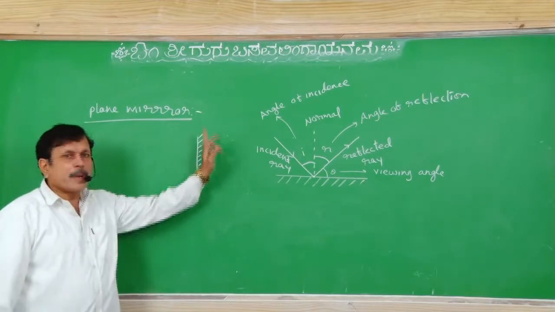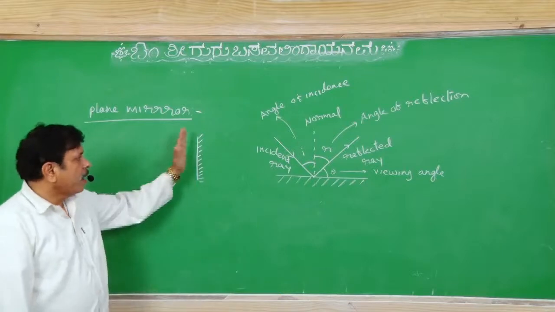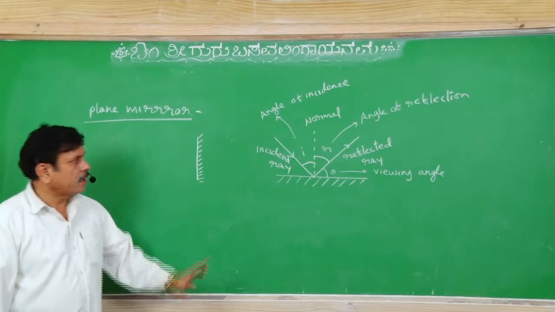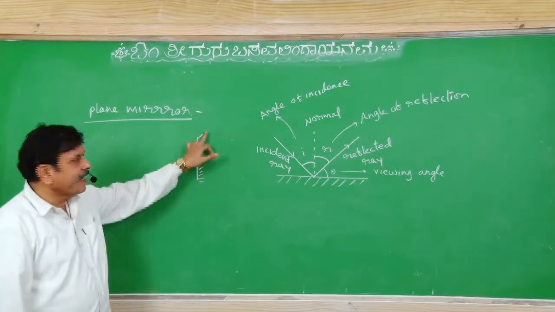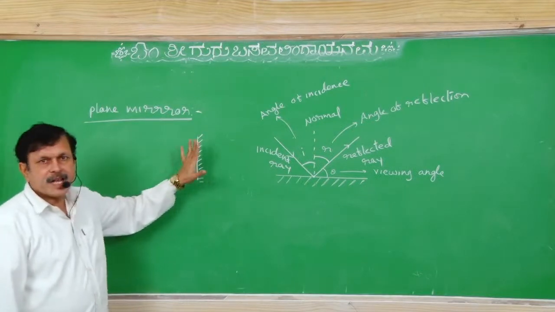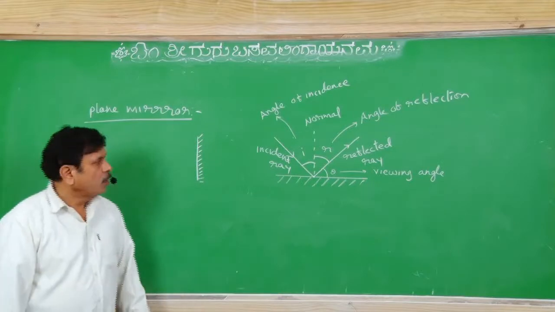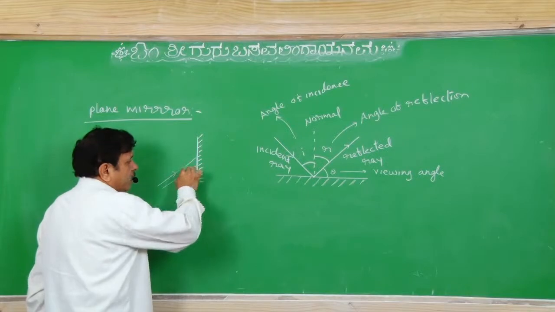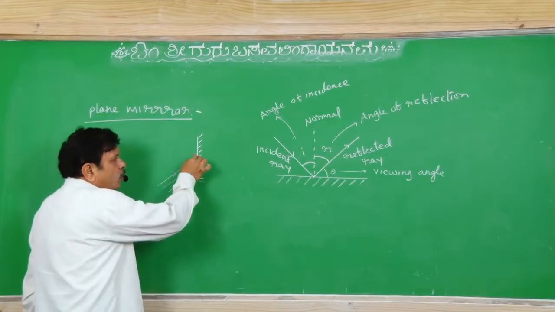One side of it will be perfectly reflecting, or perfectly silvered. The other side will be the viewing one. So here we will be silvering it, and from this side we can see ourselves. And when we make any rays of light incident here, what will it do?